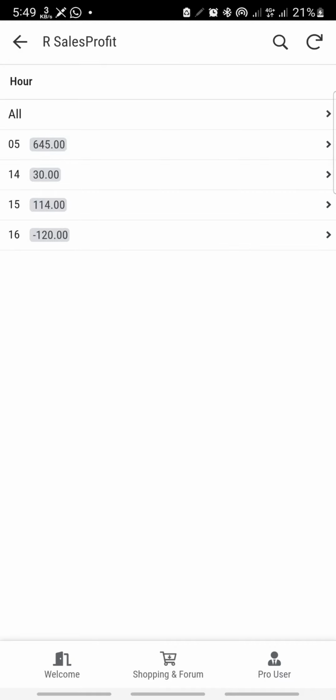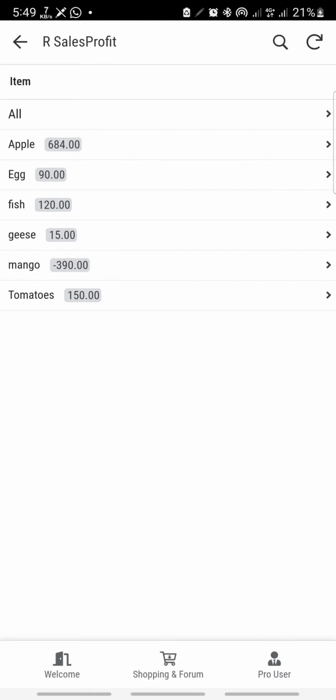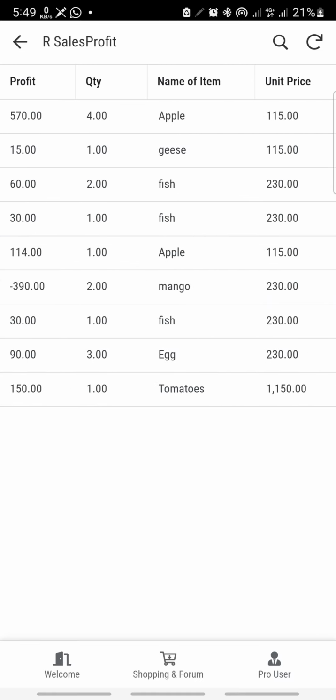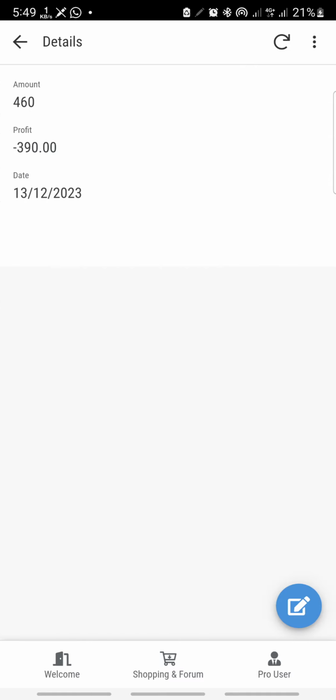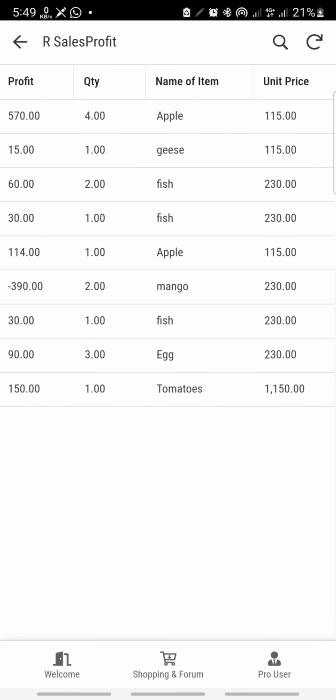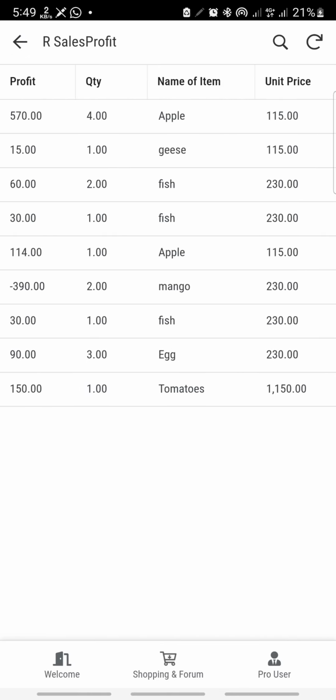But instead of just one hour, you can now say all. So you see apple, egg. These are the things that were sold and the amount they were sold. Oh no, the profit made, because here is specifically for profit. These are the profit made, this loss. So this is how you check for the profit you made on some day on each item,